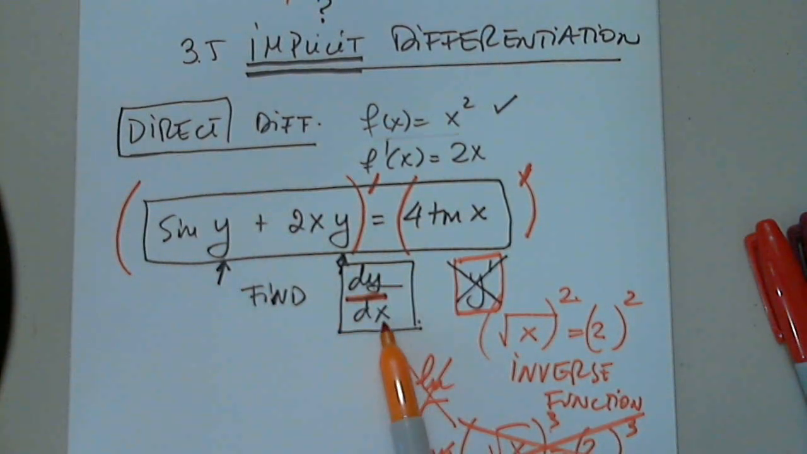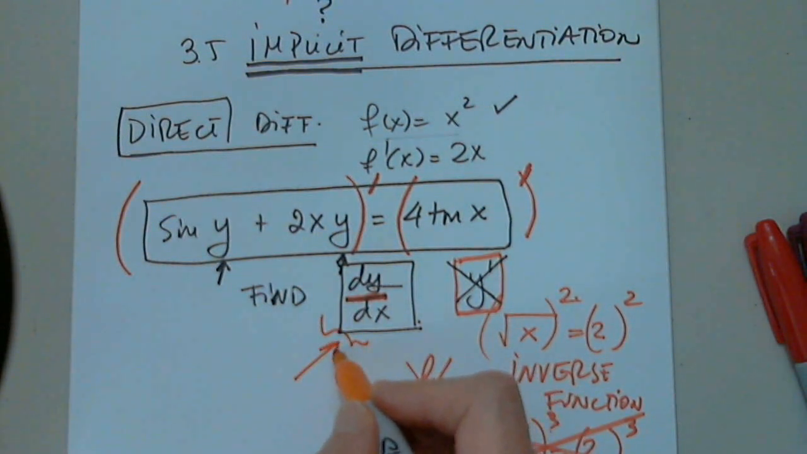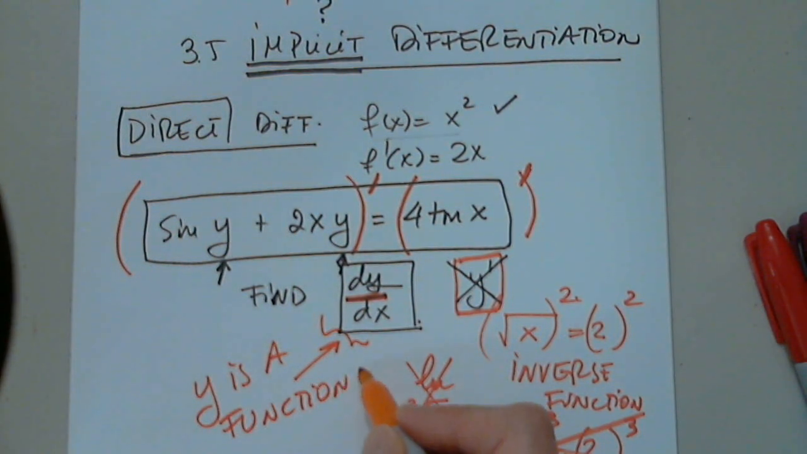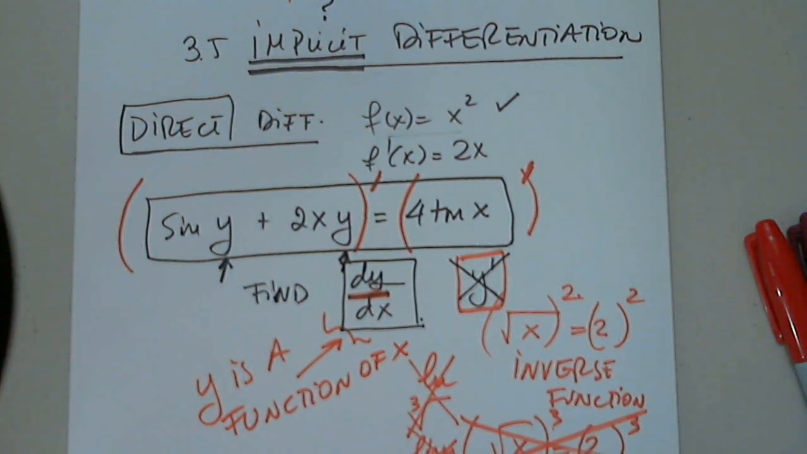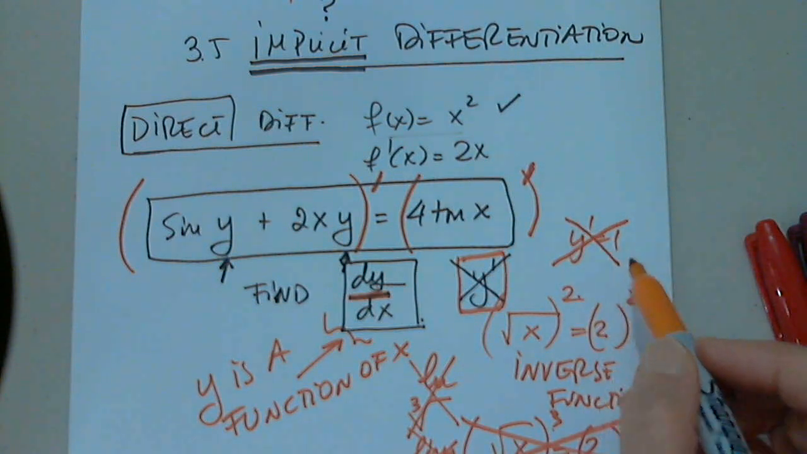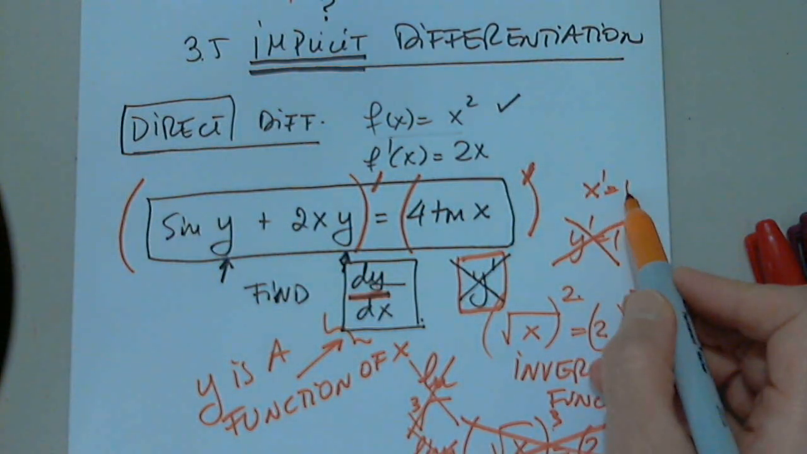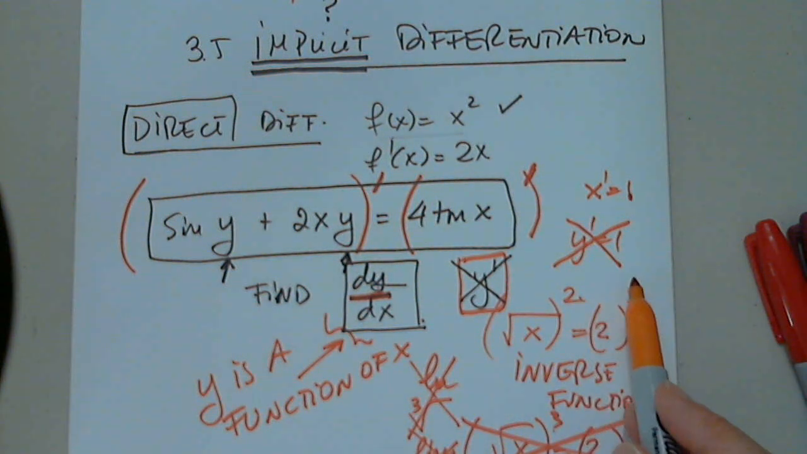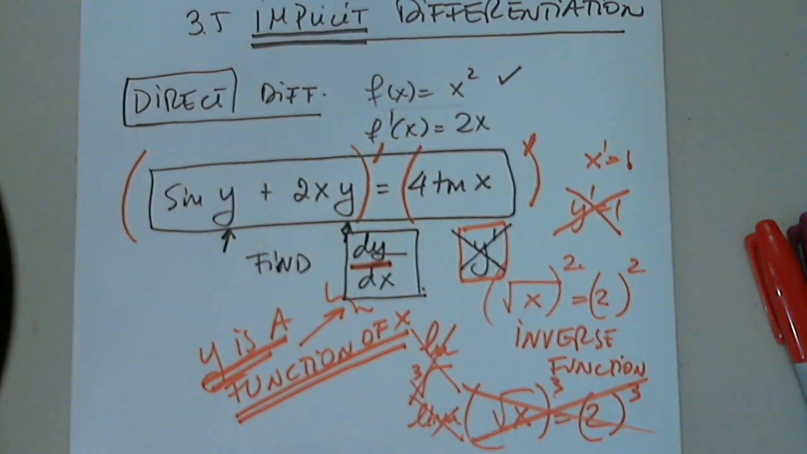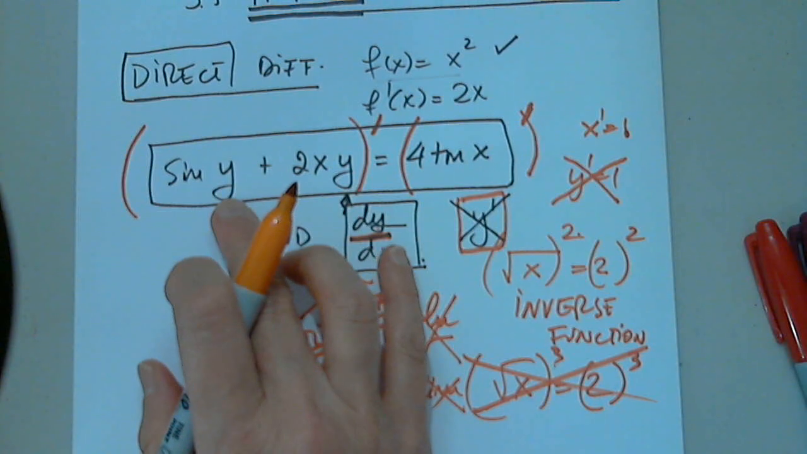Now, this is very important, this one is not clear, but this one is clear. This notation says y is a function of x. You cannot say that y prime is 1. No. You can say that x prime is 1. But you cannot say that y prime is 1 because y is a function of x that we do not have. So,